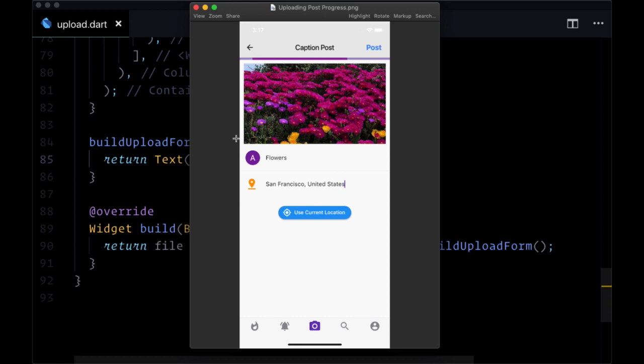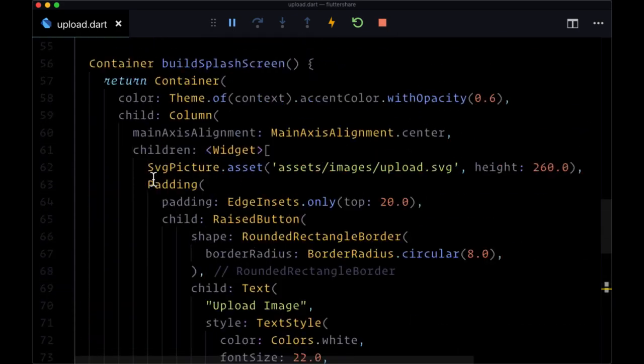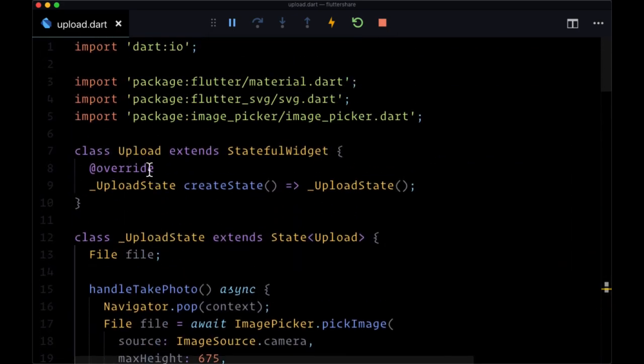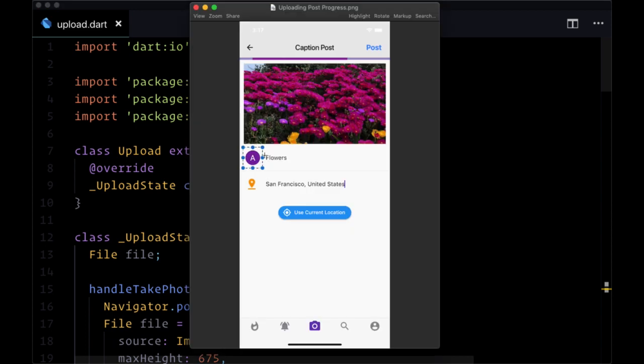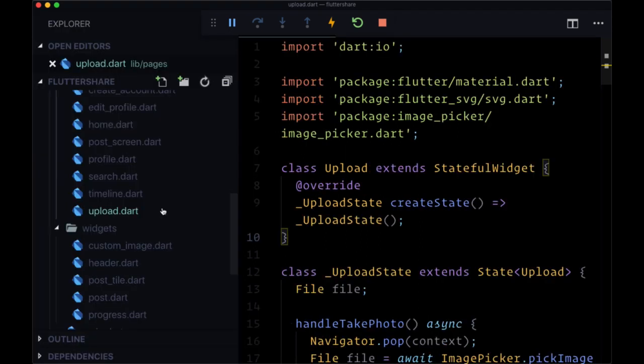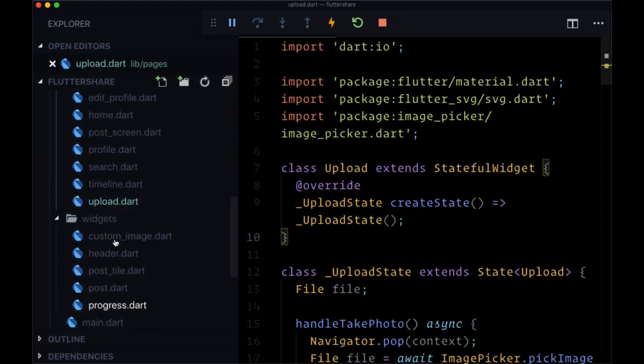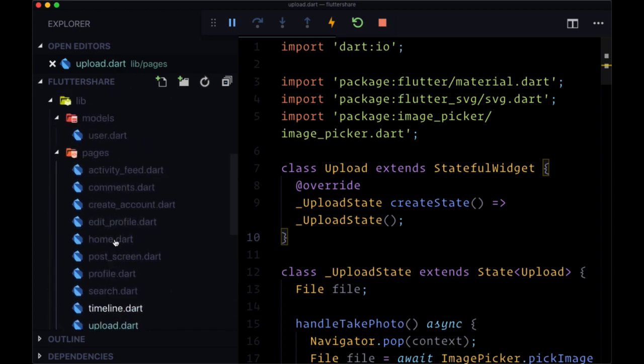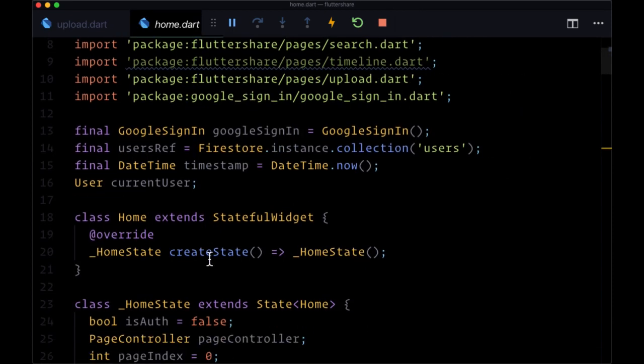However, the first thing to note is that in order to get the current user's photo URL, we're going to need to pass down the current user to our upload class. And we're not just going to be using the current user data for their photo URL, but for a number of other purposes too. So we're going to head back to home, our home page, and we're going to pass down,